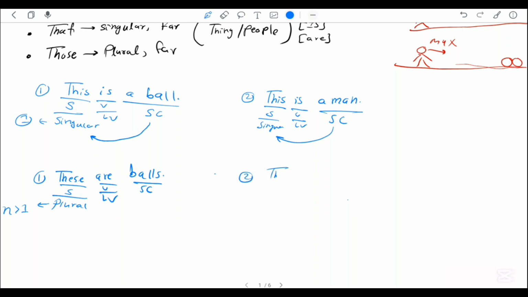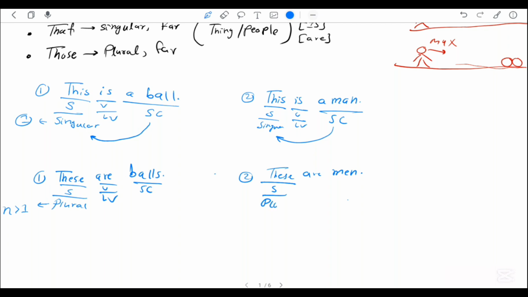Okay, so example number two for these, we'll say these are men. We don't need to add s. Mostly when we make plural words, we use s, but sometimes we need to change the word, like in this word, we have man, we change a to e, so the word changes from singular to plural, like man, men. Okay, so make sure to understand, if you say mans, that is incorrect. Do not say mans, you say men.